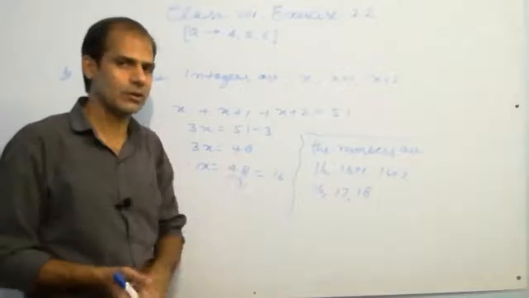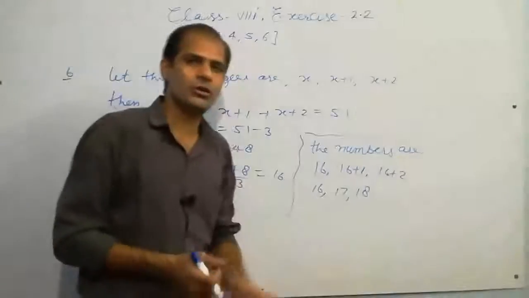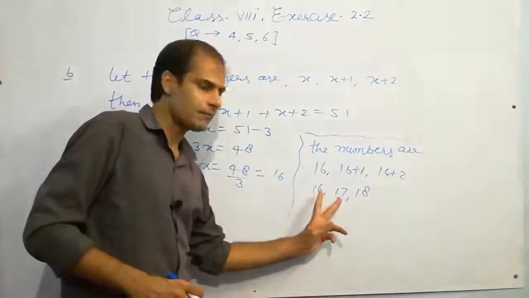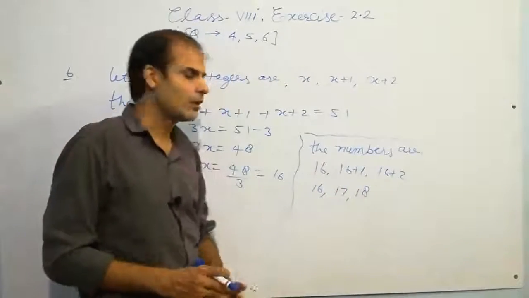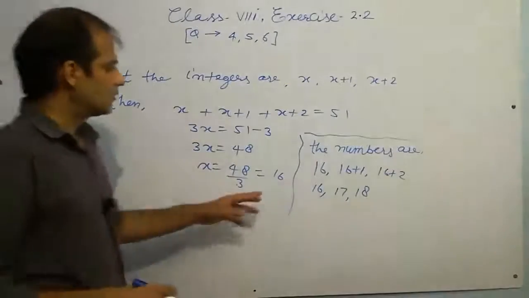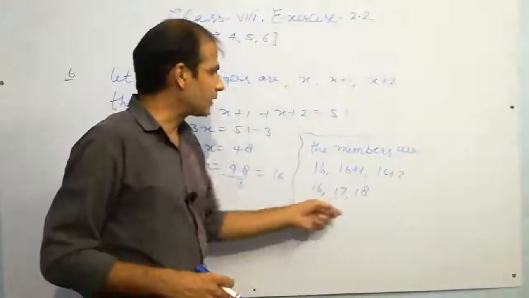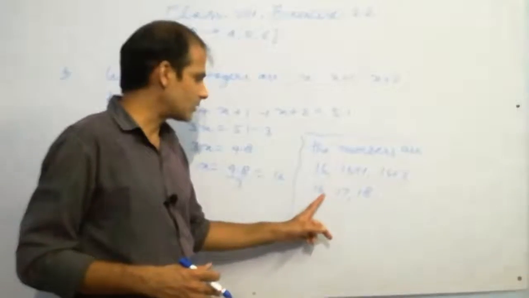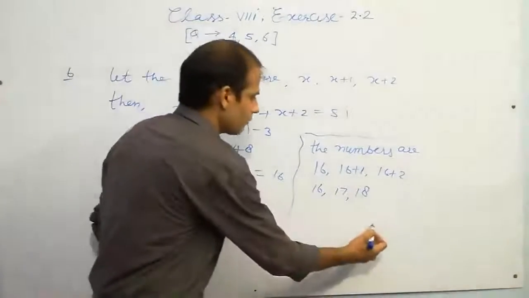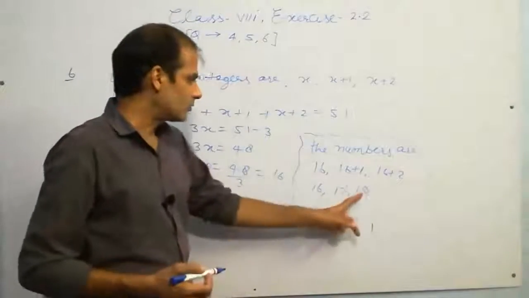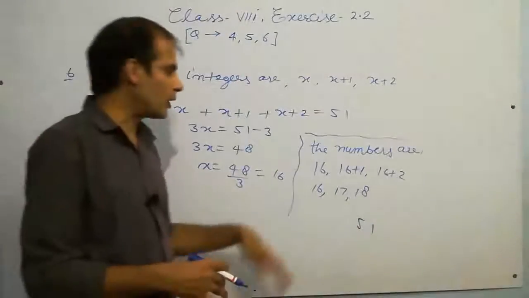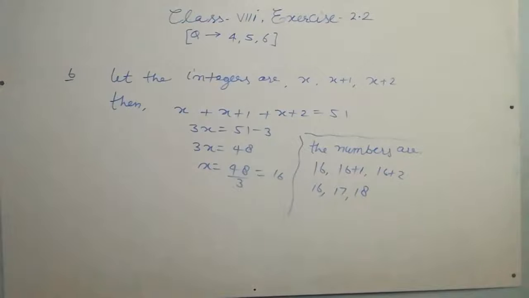any two consecutive numbers. So these three are consecutive numbers, because the pairwise difference is 1, difference is 1, difference is 1. Now you can cross check, these are consecutive, and the total of these is 51. You can check: 6 plus 7, 13, plus 8, 21. You can check the addition, you can easily add. So here is the answer of the 6th question.